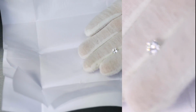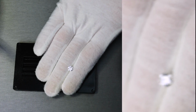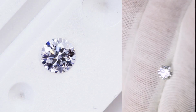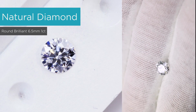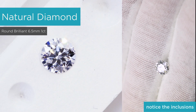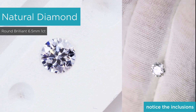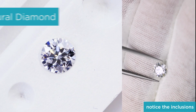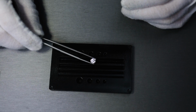All right, so the first stone that I'll be taking out is a natural diamond. There you go. All right, so again, that's a round cut, and all of the stones that I'll be comparing today are all approximately 1 carat. So we're definitely comparing apples to apples in terms of carat size. The colors and the clarity are slightly different, but I'll go over it with you in a bit. All right, so the second stone that I'll be taking out